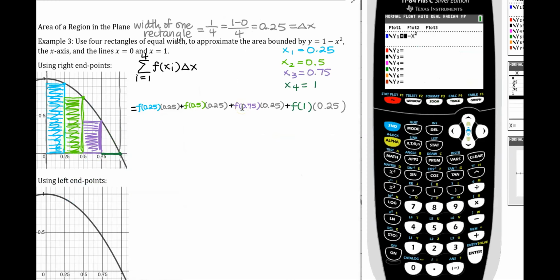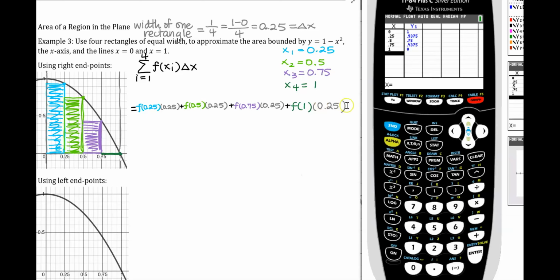So to help us evaluate this, I have just gone ahead and put the function, our f or our y, into my y equals 1 minus x squared. And in the table, I'm going to evaluate this at 0, 0.25, 0.5, 0.75, and 1. Now, in this first part where we're doing right endpoints, we don't need the function evaluated at 0, but I just went ahead and did it anyways because we may need that eventually. And then I'm going to grab a clip of this table and pull that over so we can start simplifying